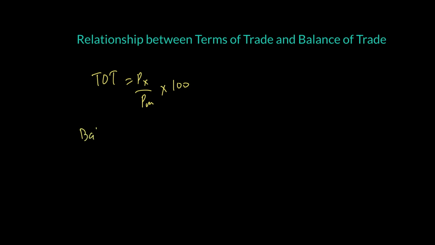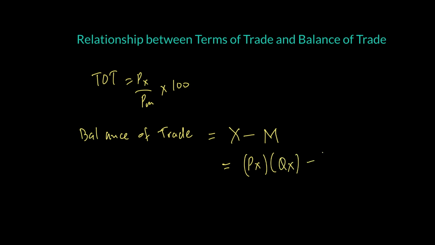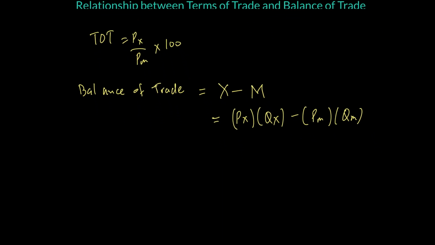But balance of trade is simply much more, because balance of trade is your export expenditure minus import expenditure, or x minus m. So when we look deeply into x minus m, we know that x is simply price of exports times quantity of exports minus price of imports times quantity of imports. So in other words, we need to look at not only your terms of trade but also balance of trade, which means there is a very important role of elasticity. Let's take an example. What if exports are